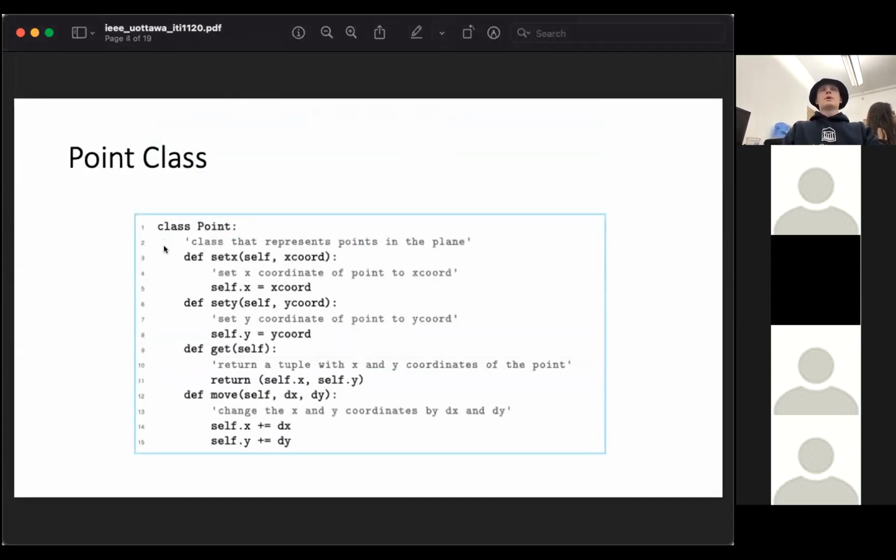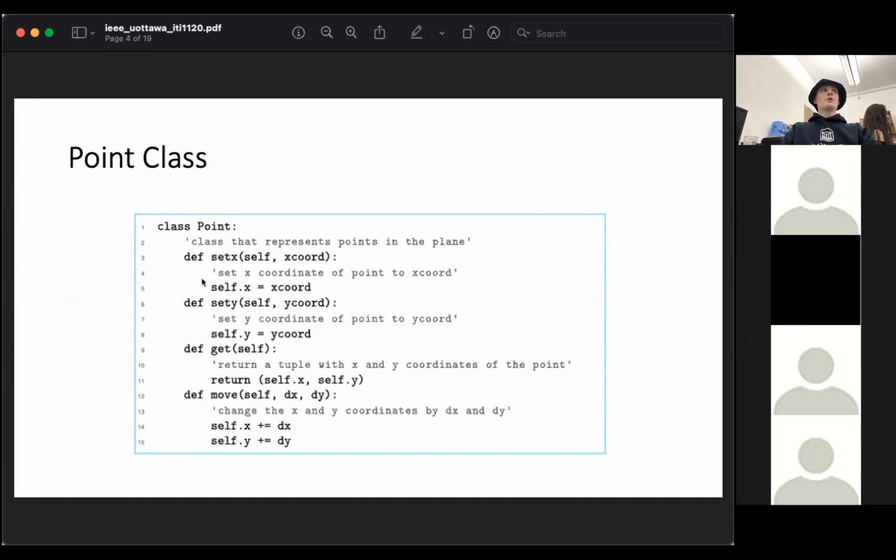Okay, so here's how that would look coded up. First of all, you'd have your class. To define a class, you just do class and then the name. In Python, usually the class names always start with a capital letter. After this, we define set_x. This sets the X coordinate, self.x equals x_coord.